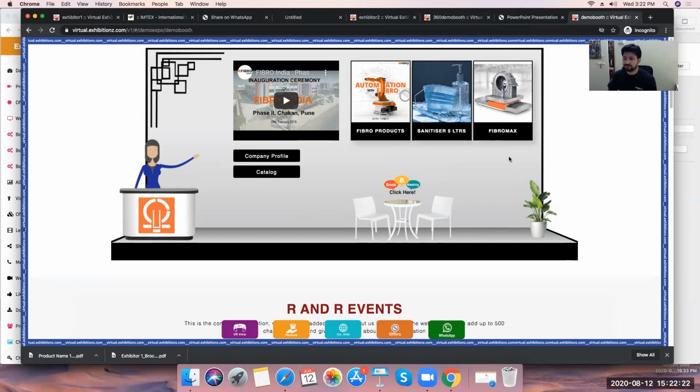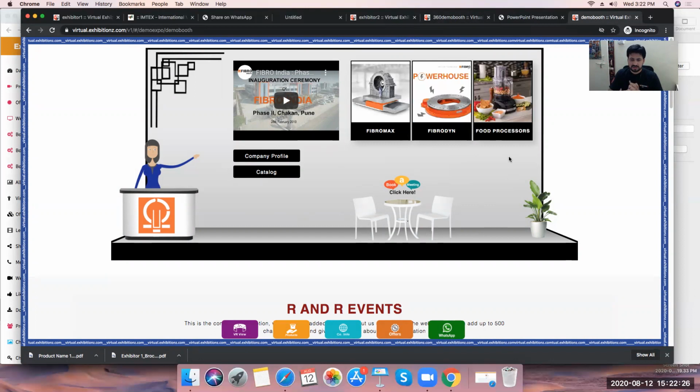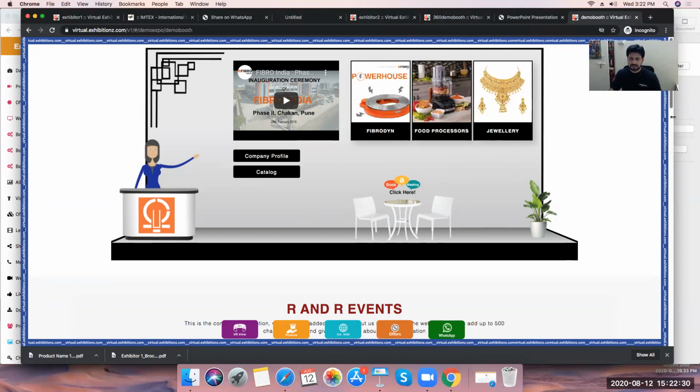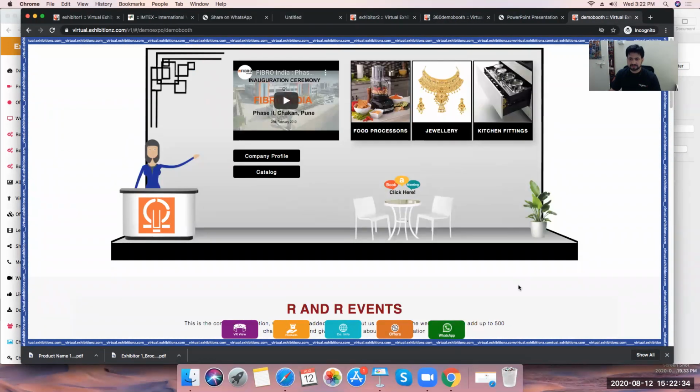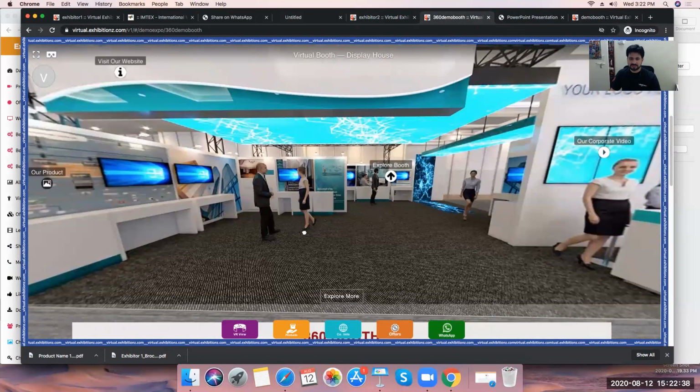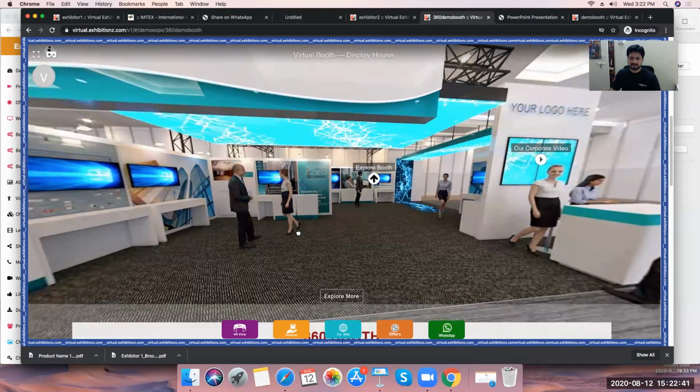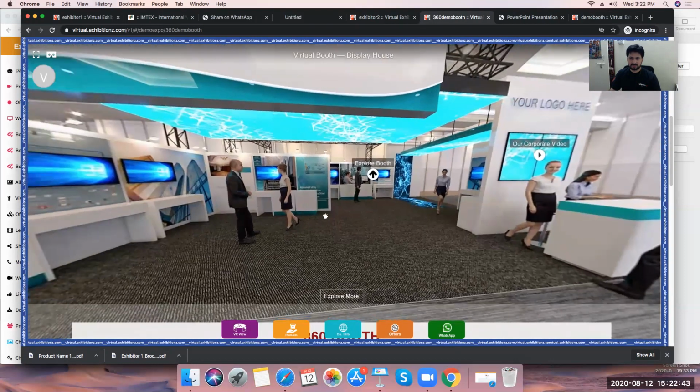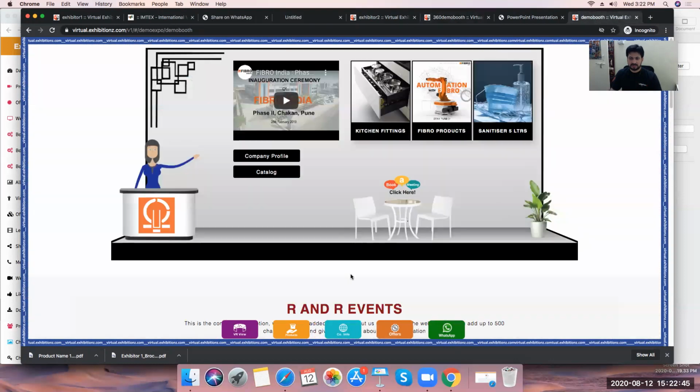Size in terms of the booth size, or the width. See, because in this also I would like someone to show a machine. Someone would like to show a machine in a smaller booth, he will just show one machine. The previous one which you showed me, a 3D, someone would like to show 4 to 6 machines. But someone who is just showing a single machine, he'll say, I will go for the standard booth. So is that feature possible in this as well, in the standard one?